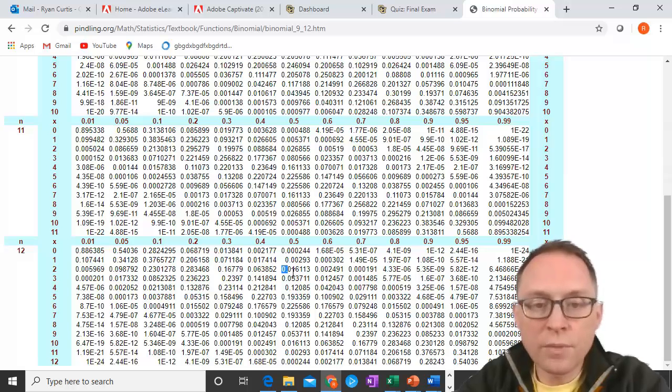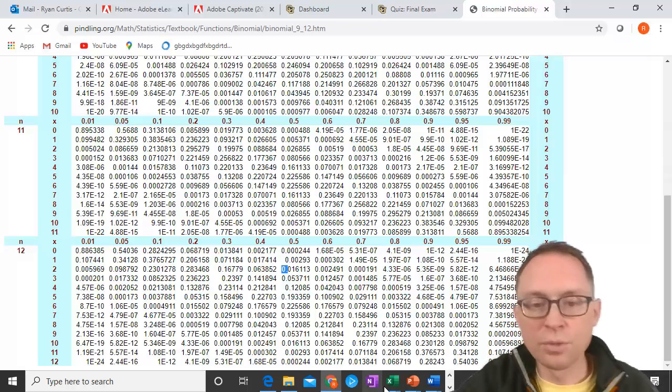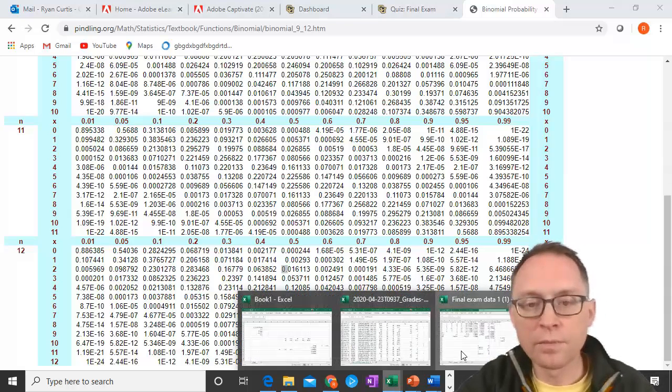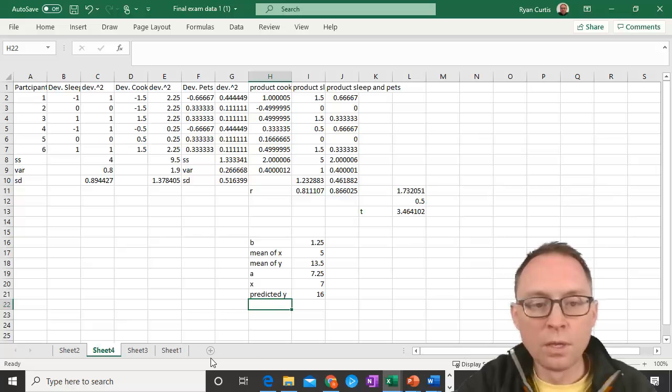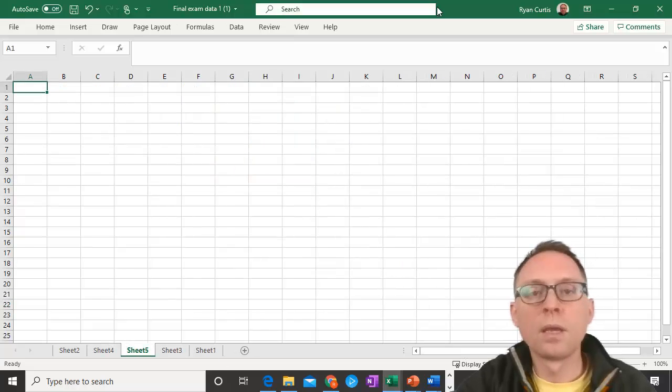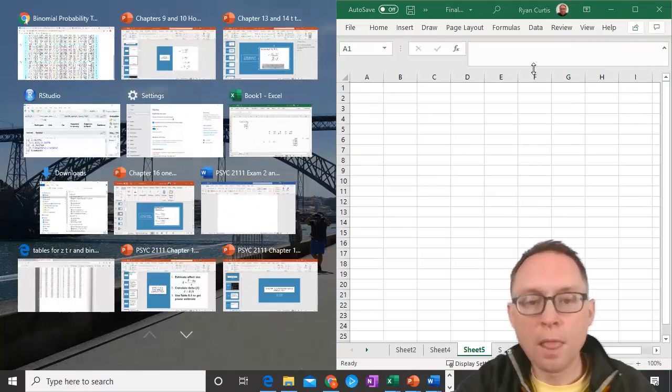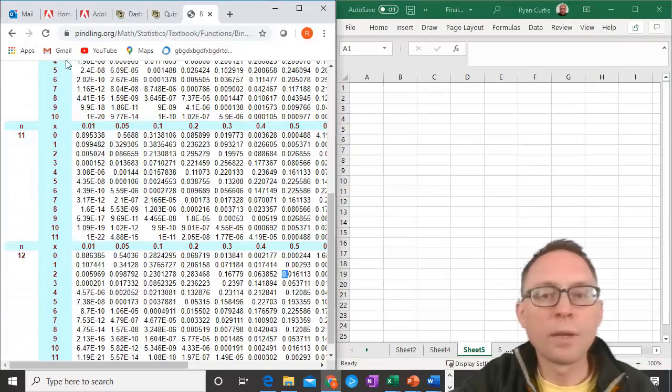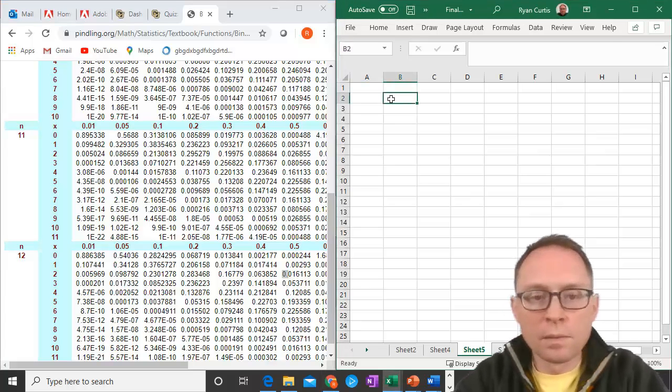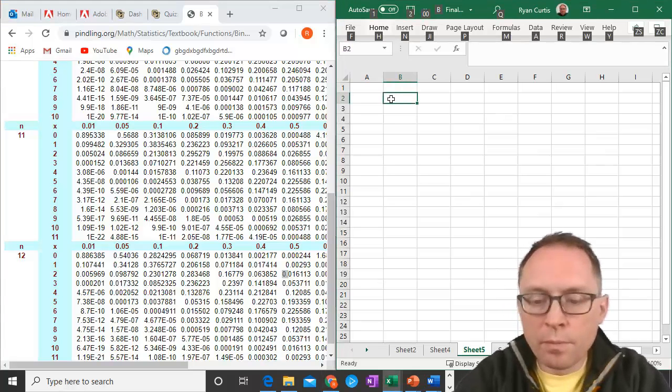0.032. So it looks like we are still going to reject the null with those as well, because if you add up that, let me just do a quick addition on some of these on a new sheet, and we'll see if we can get it to work. So I'll come back, binomial. So we need